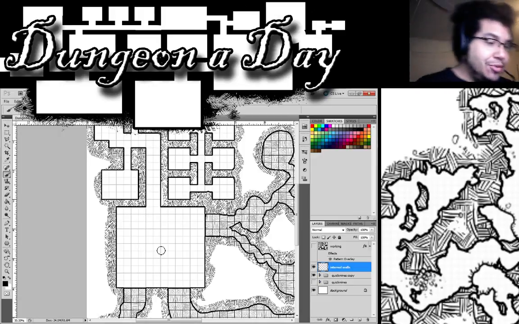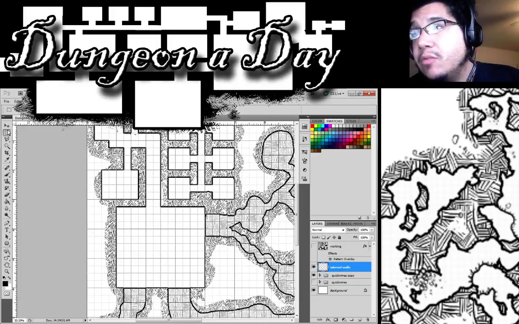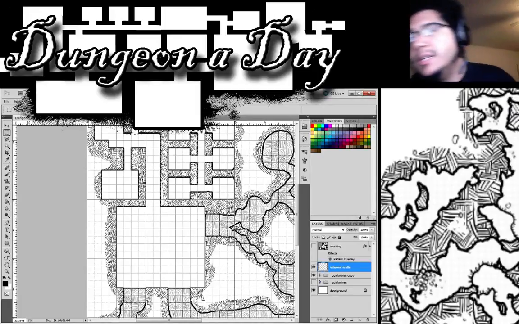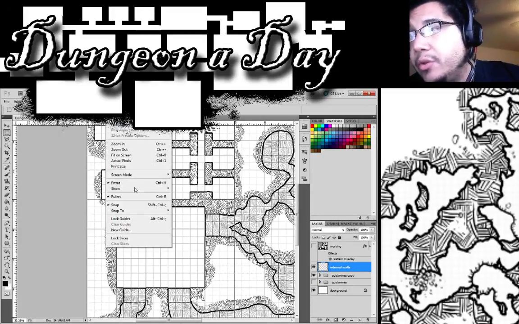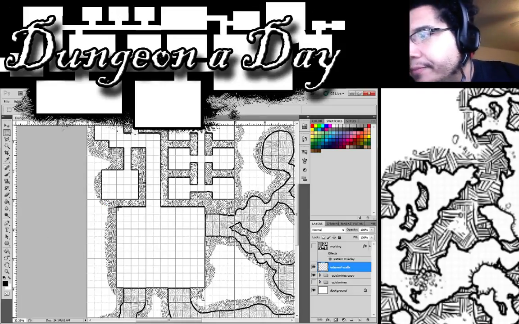Press Control on the keyboard, and then holding Control, hit apostrophe to turn on our Photoshop grid. Select the rectangular marquee tool while on your internal wall layer, and then draw out rooms. Before you do that, go to View and make sure your snaps are turned back on if you turn them off. I'm going to draw a room here, like that,